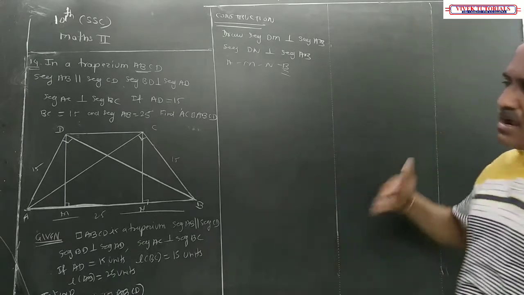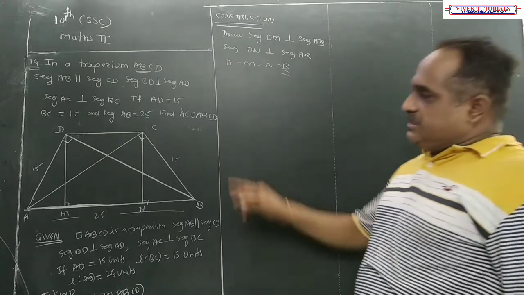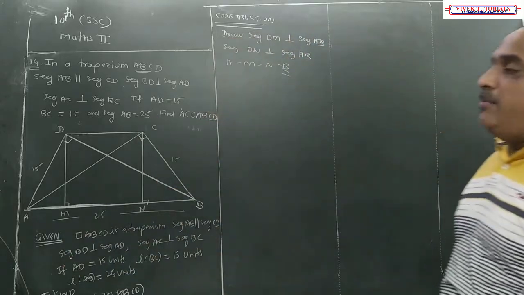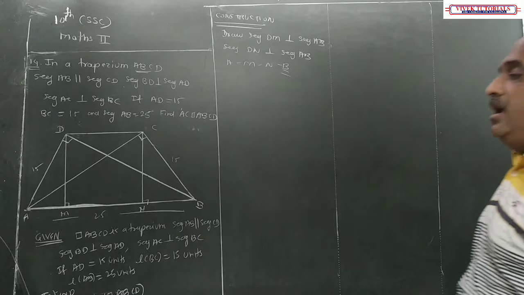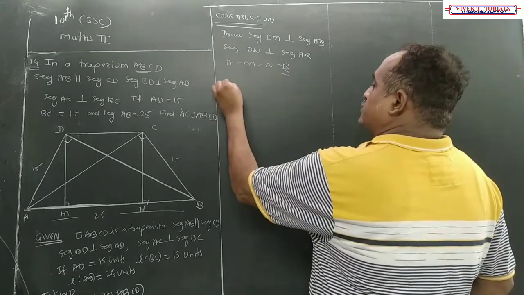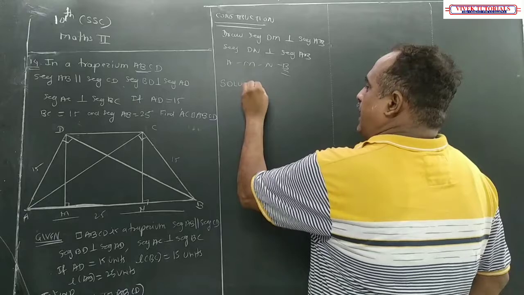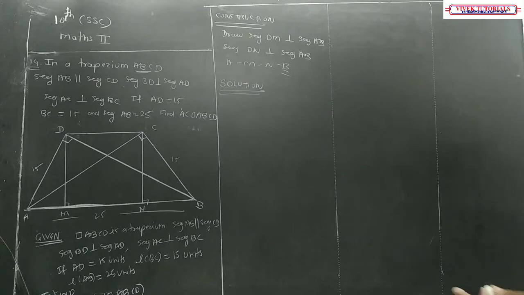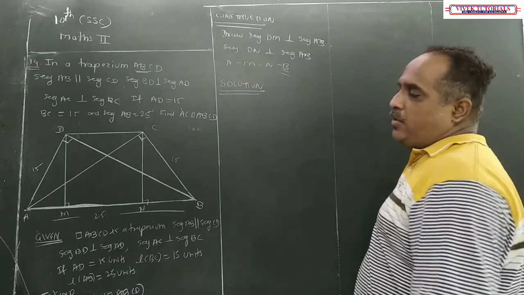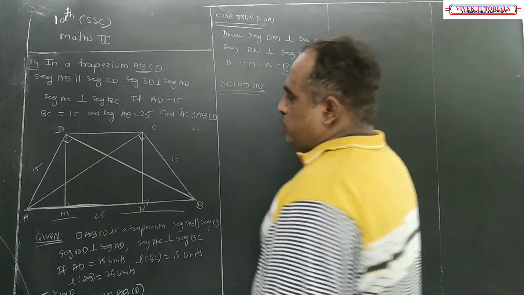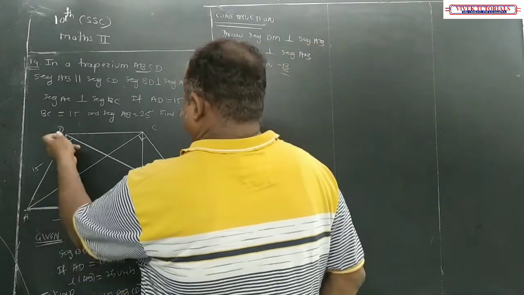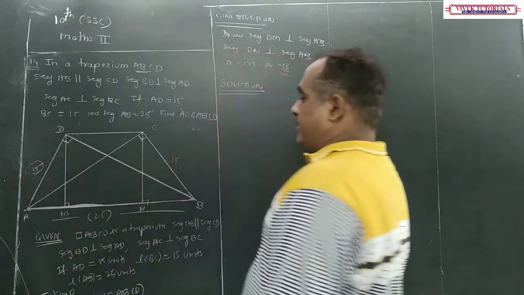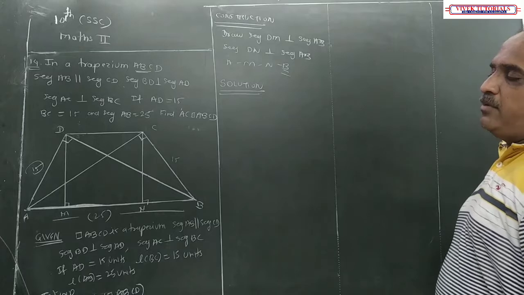You have to do this question the way I am doing it, because to find the area we require height, so I have not drawn one height, I have drawn two heights. So first we have to see how to find the height. We are going to make use of the fact that the area of a triangle is the same irrespective of which side you take as base and which height you take. Area will remain the same. So let us do one thing: in triangle ADB, this is the hypotenuse, this is the base, so we'll find the height. So how can we find height? With the help of